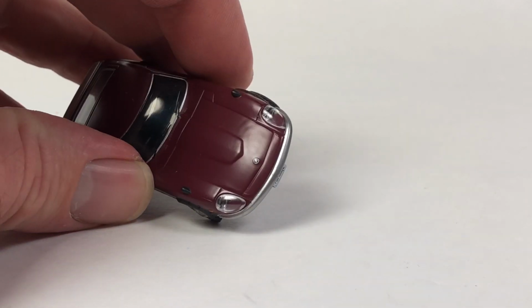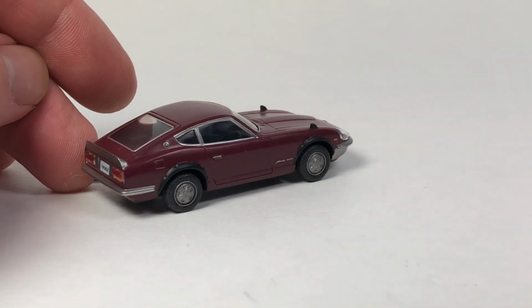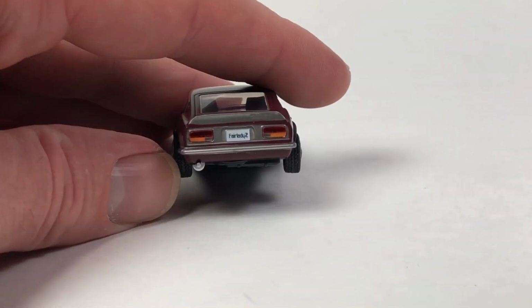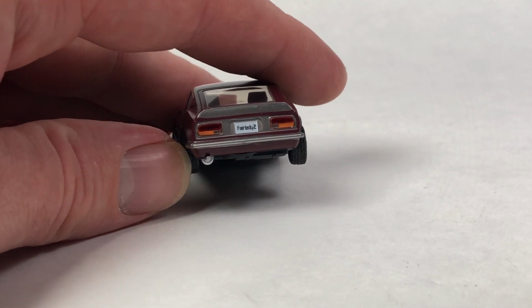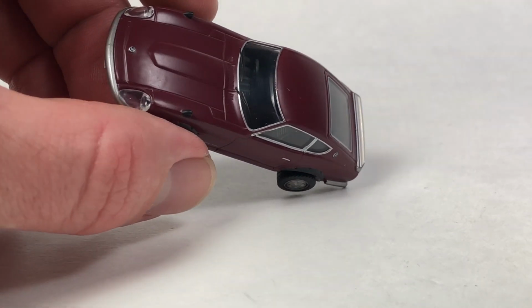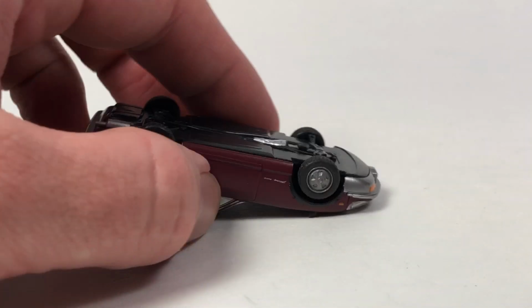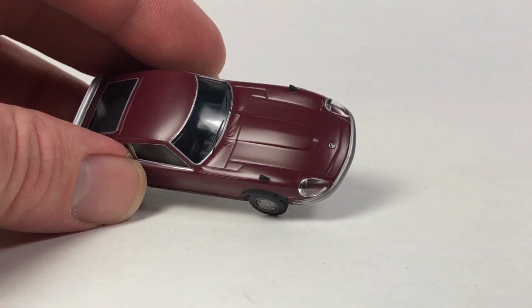Fairlady Z. It's got a little Z logo there. It's got silver trim. It's got inserted taillights as well. Little exhaust detail, some detail on the back. Again, the trim. The interior is very basically detailed. It's just black, but the molding looks quite detailed. I'm not going to try to pry it apart to see the interior in detail or see the motor underneath